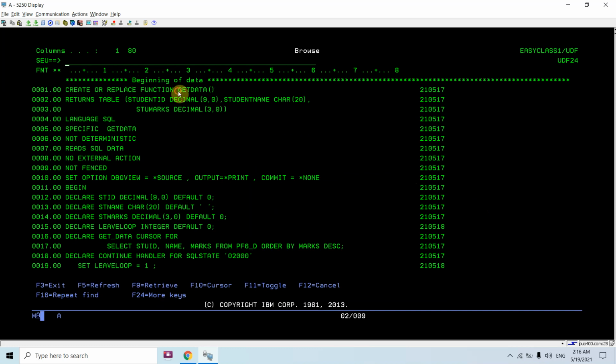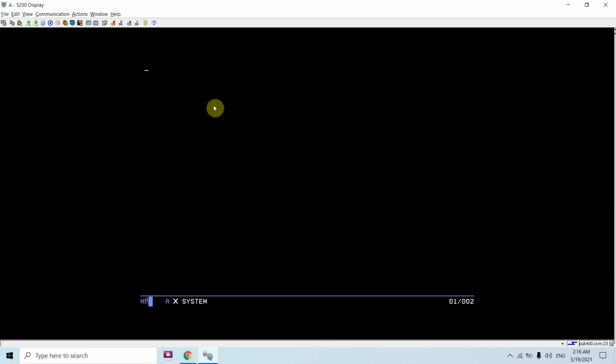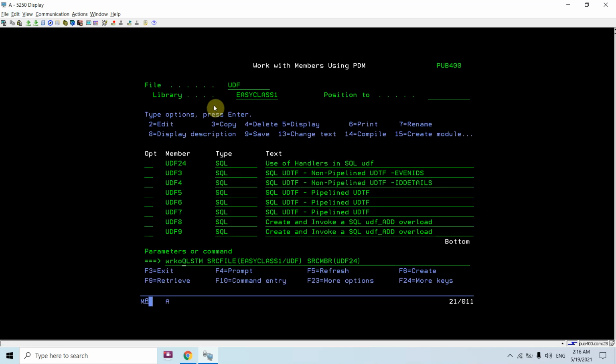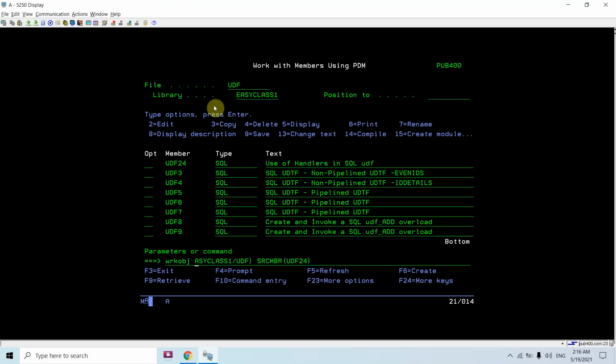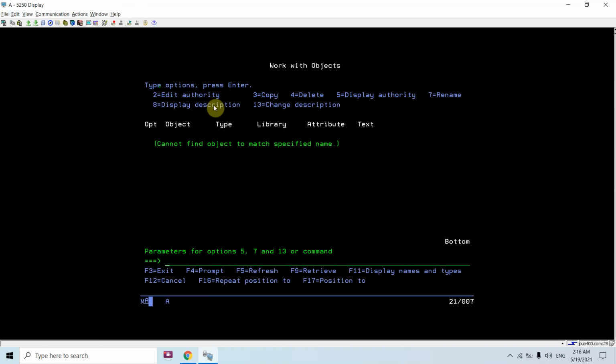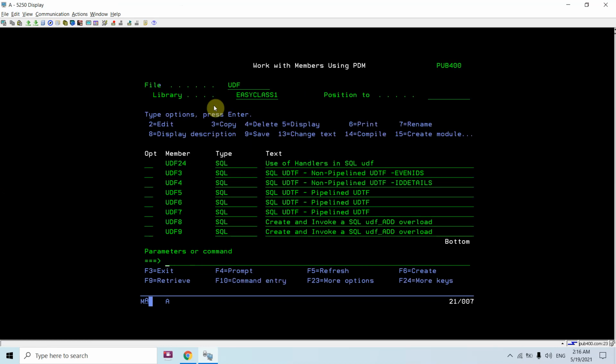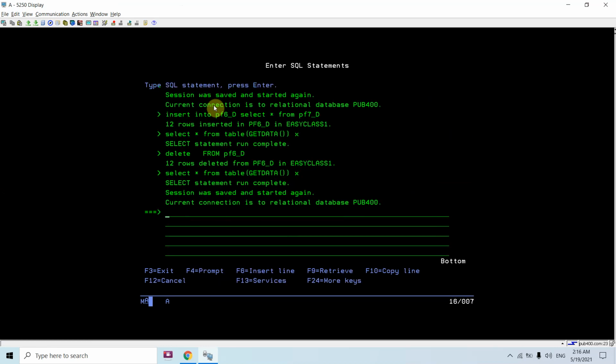So this was the get data. So you can see the service program object gets created of CLE attribute. Let me do the STRSQL.